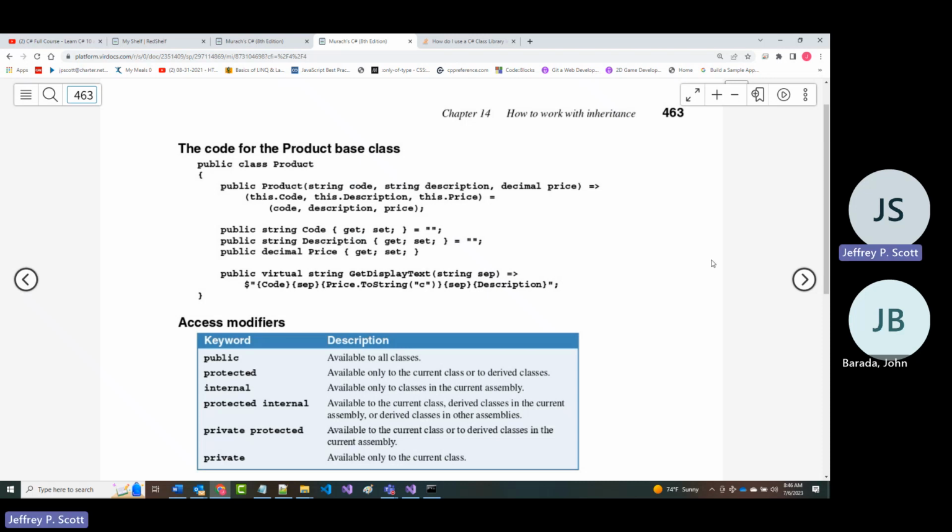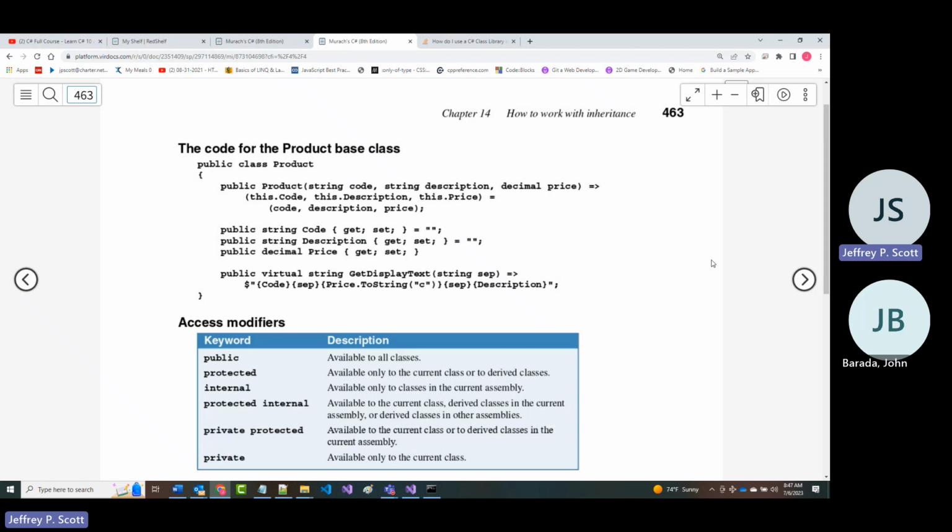Now, the other thing they mentioned in here, when you look at this, is they talk about what are referred to as access modifiers. And really, when you think about this, there's only two of these that we've used this semester. Everything that we've done up till this point this semester, we've either made it public or we've made it private. If it's public, it's available to everyone.